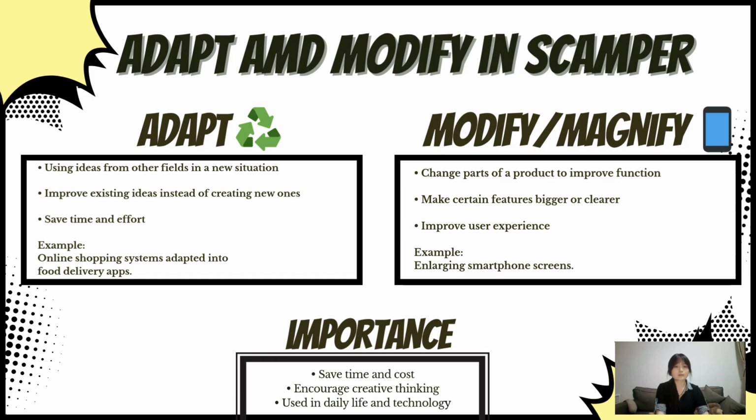Today, adapt and modify are widely used in many areas such as education, business, engineering, and technology. They help people develop better solutions and improve everyday products that we are using daily. In conclusion, adapt and modify are useful tools in the SCAMPER technique because they help improve ideas in practical and creative ways. By adapting existing ideas and modifying products step by step, people can create better solutions and improve